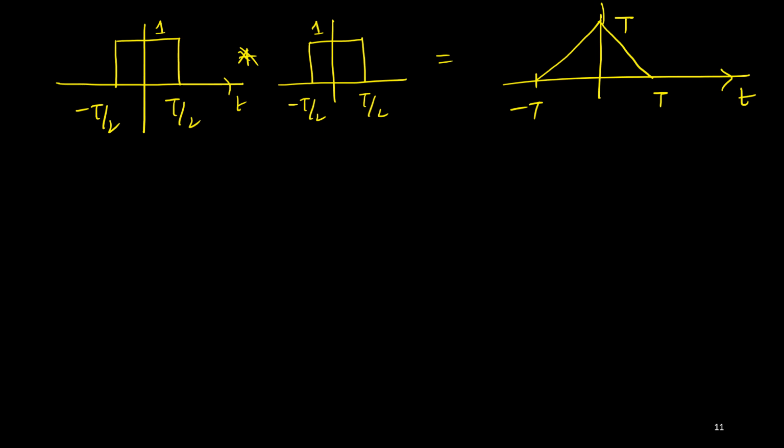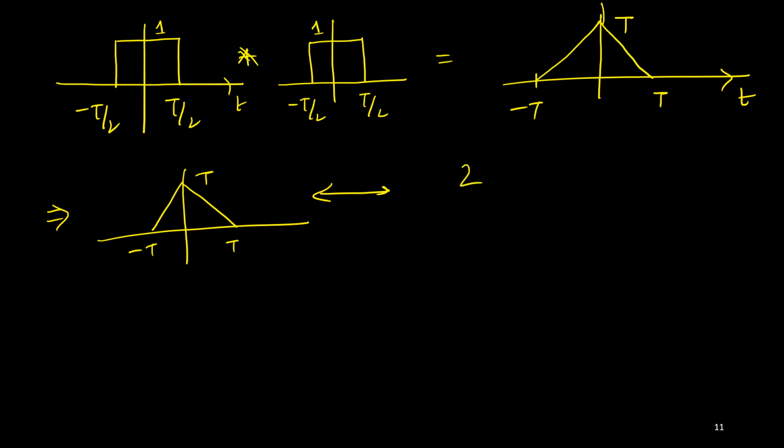Okay, so the Fourier transform of this one. By the convolution property, the Fourier transform of this signal, whose height is capital T and which spans from minus t to plus t, is simply a multiplication in the frequency domain. For this one, we already understand that it is 2 upon omega sine omega t by 2, the gate function, and with the two of them multiplied, you will get its square.